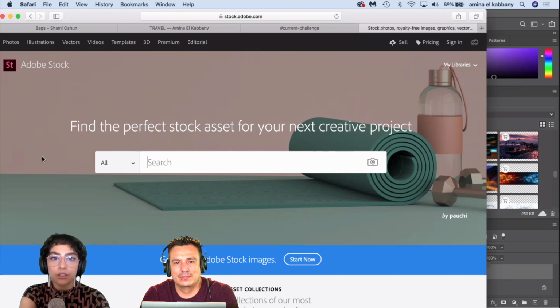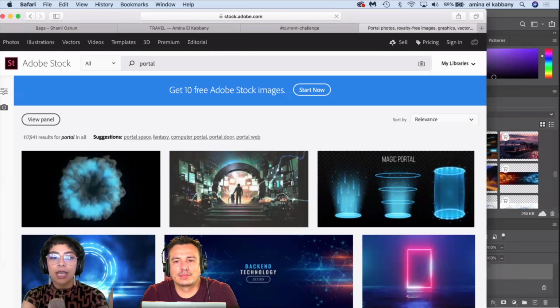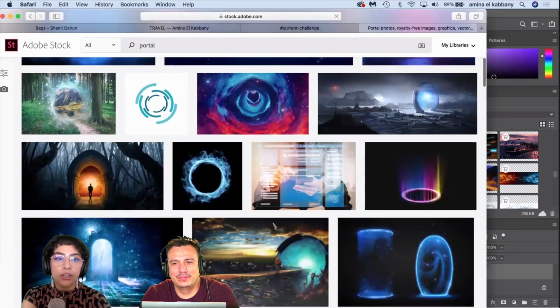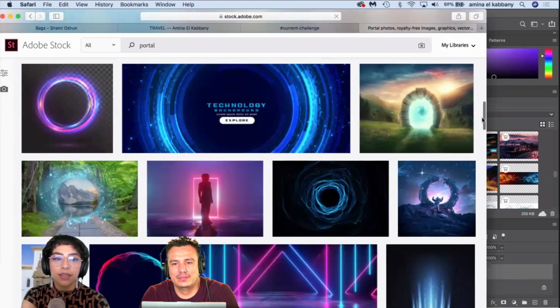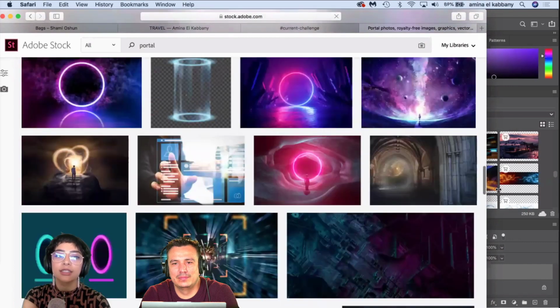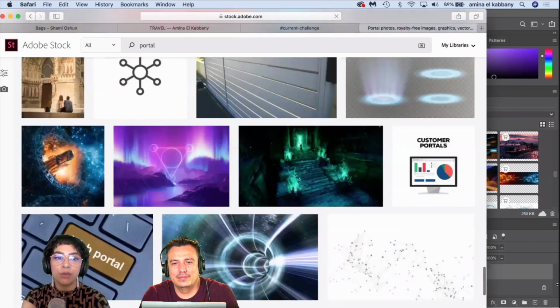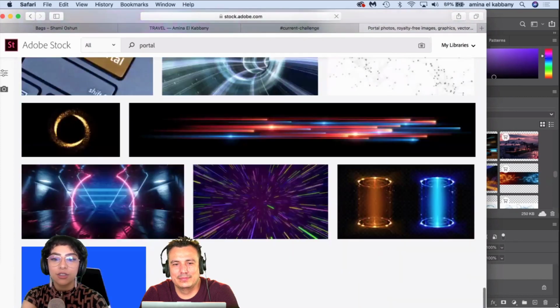So here we are at adobestock.com, and this is where I'm sourcing images from. It's a really helpful tool. Let's see if maybe we can find a portal that feels like the other side of the portal we created yesterday. On this side of the portal, it is bluer because the moon was red, and maybe it's an opposite universe. Maybe it's a parallel universe where justice is served.